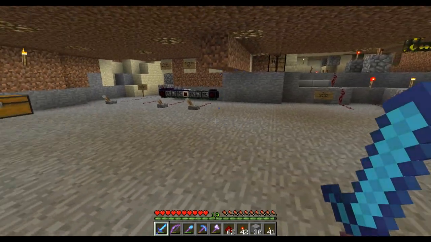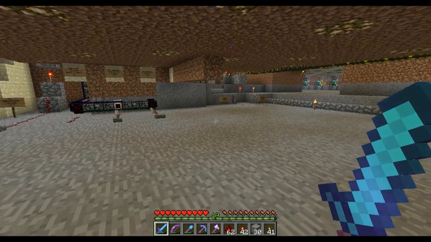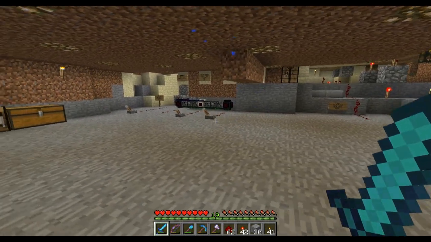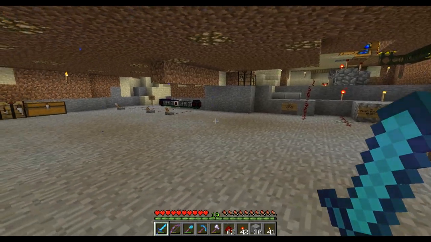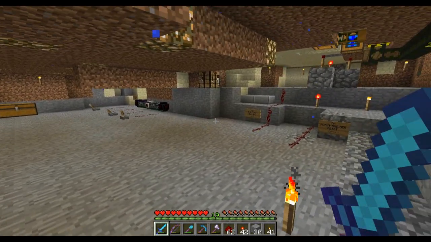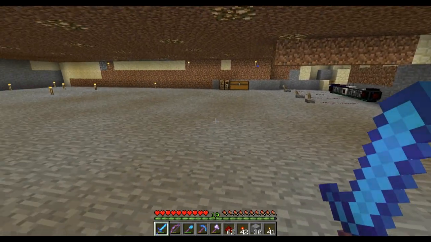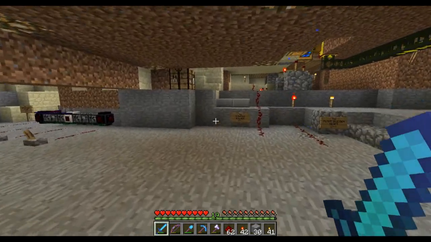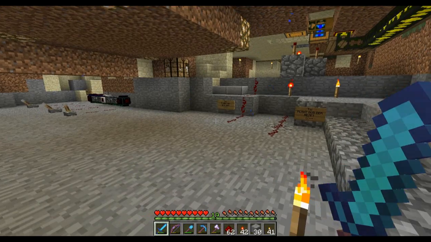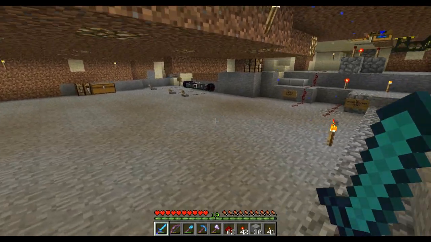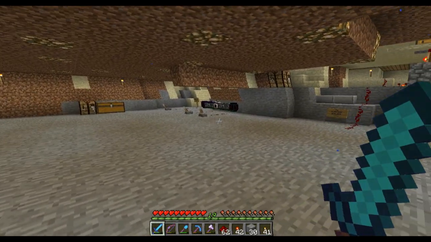Part of how I do this is to make a schematic of the redstone, so I'll show you this now, so it's easier for you to understand why I have these redstone circuits the way I do, and how things are going to work. I'll show you the diagram in just a second.